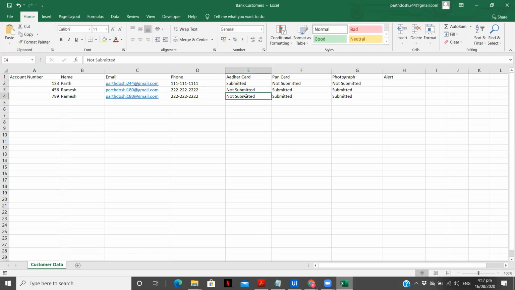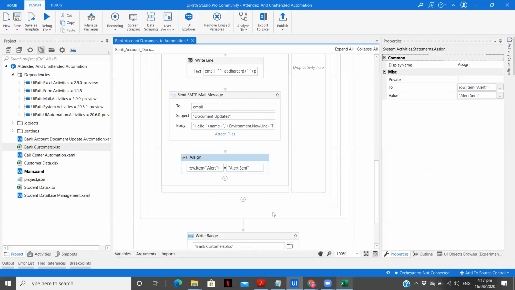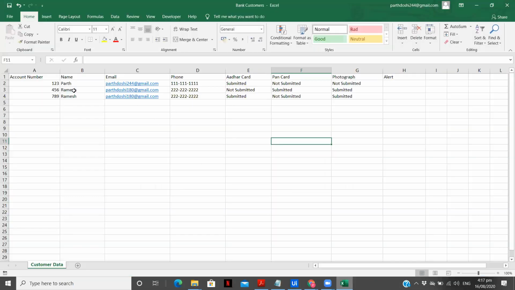Okay, so let me just change some of these terms because I'm just sending it to my mail IDs only. So we should know that there are different mails being sent. Cut this and paste over here. Okay. And let's also change the name Ramesh and let's make it here Rakesh. Save.